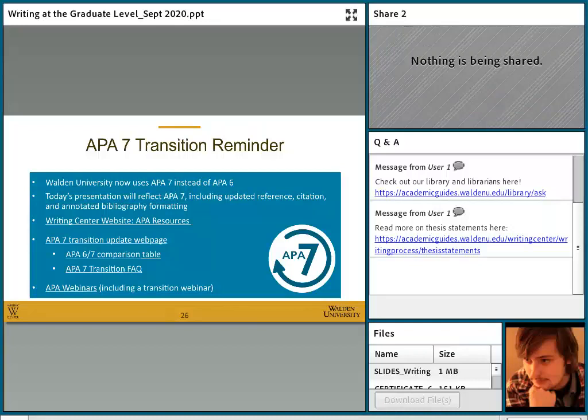There was recently a transition, a new version of APA style. Walden University is now working within APA 7 rather than APA 6. And there are some pretty significant changes there. I would put a plug for the APA 7th edition by saying that a lot of the changes from 6